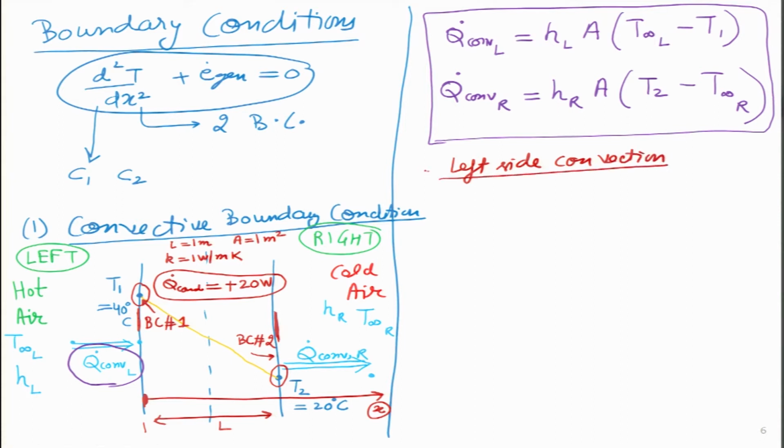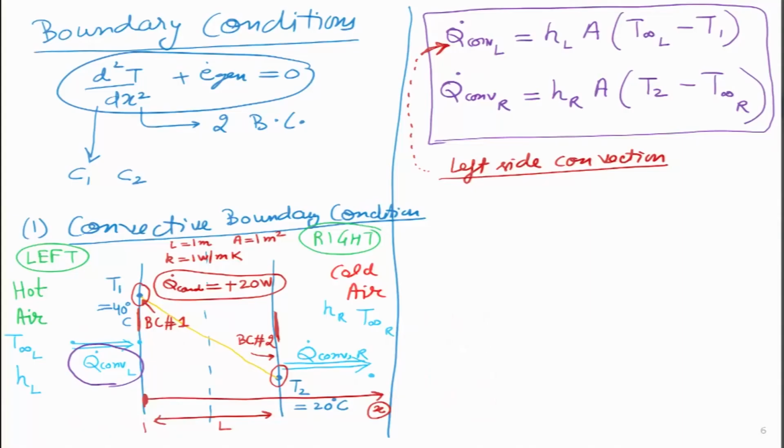and for that one good thing we have done is we have already written the expression for it over here. On the left side, the convection value we have already written. What will it be equal to, if I ask that question? Again you recall some fundamental laws of nature: conservation of mass, momentum and energy. So we can do the energy balance on this particular interface on the plane wall boundary on the left hand side.